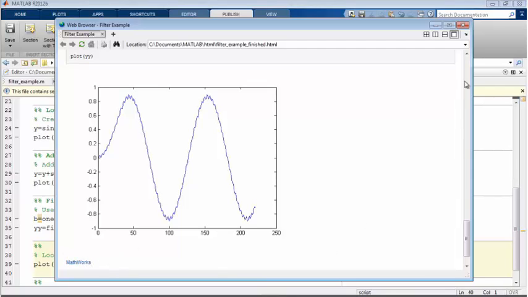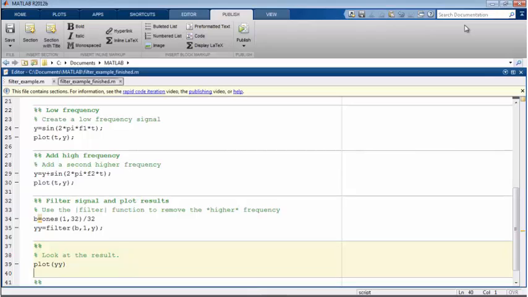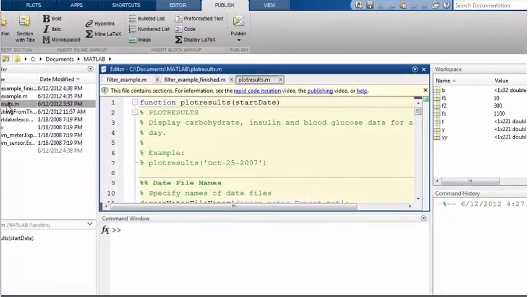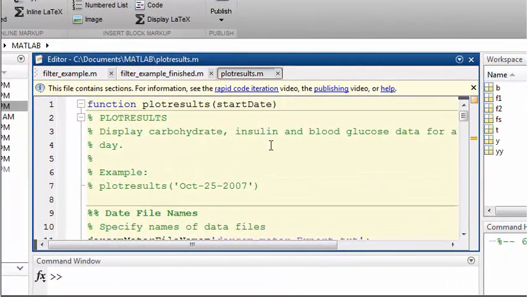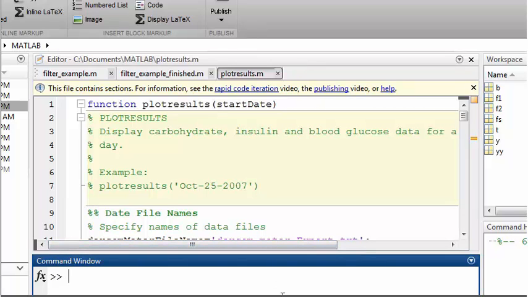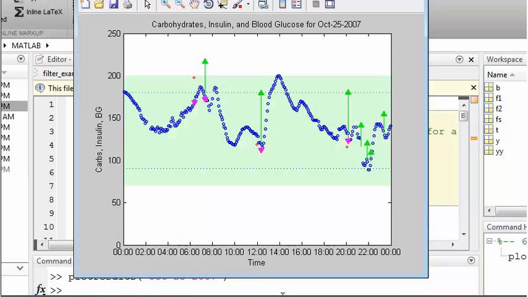You can specify different publishing settings for different files and also publish MATLAB code that is contained in a function file requiring input arguments by using publish configurations. Here I have some code in a MATLAB function, which reads some data from a file that varies as a function of time and plots the information for one particular day that you specify as an input argument, such as